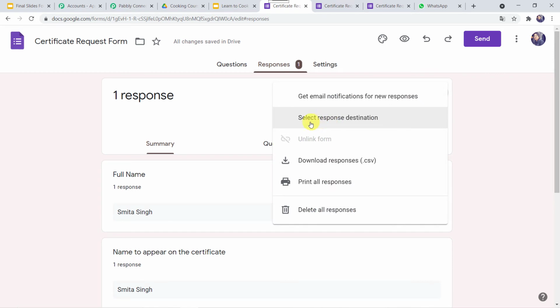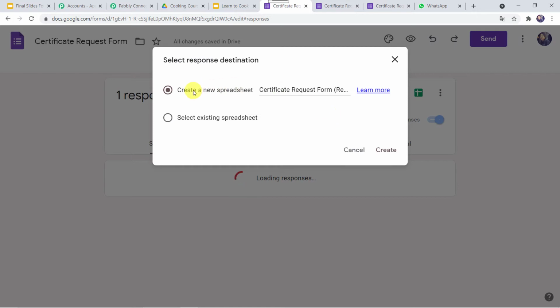Okay, and here the second option is select response destination. So I'll be clicking on this. Here it is asking whether to create a new spreadsheet or select an existing spreadsheet. So I want to create a new spreadsheet, and the name of the spreadsheet would be certificate request form. You can give any other name if you want.